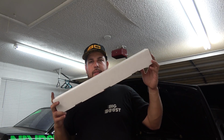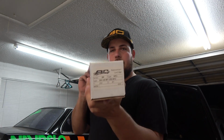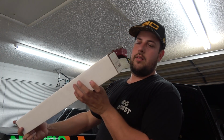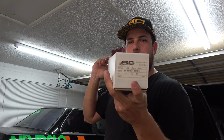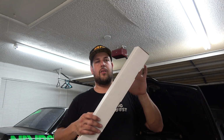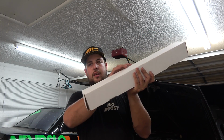I also got these babies right here, which is the coil cartridge, aka the shock. So it's literally the core of everything. And this, you can see, has some little numbers over here. No, wait. These numbers right over here indicate the model and length and everything of it. So we were calculating and we decided to go with an even longer stroke. So it has a longer piston, so it has more suspension travel. Also, it has a longer threaded part, so I can raise the car a lot more than it is